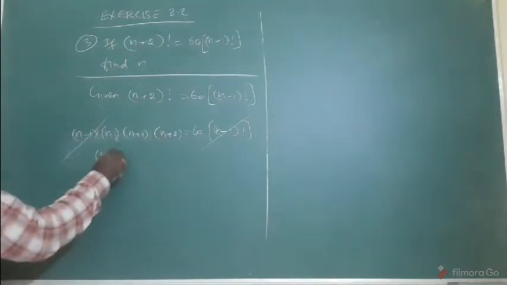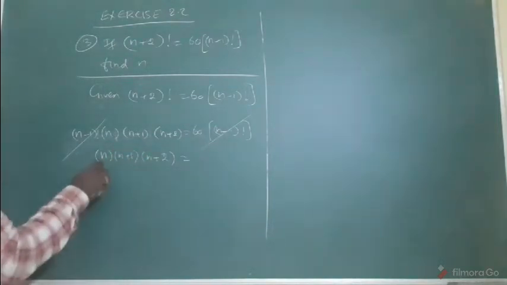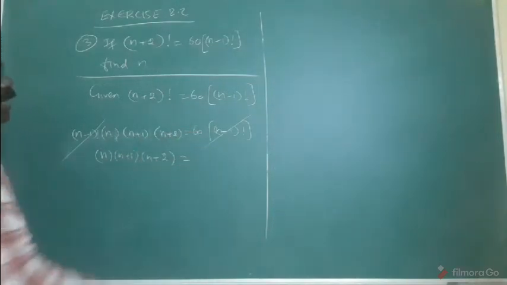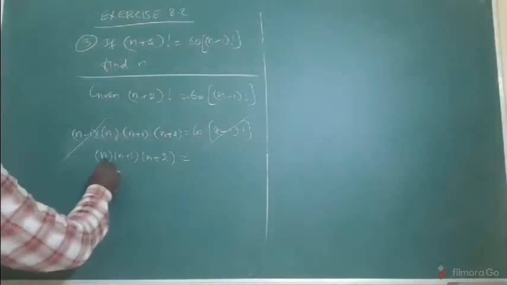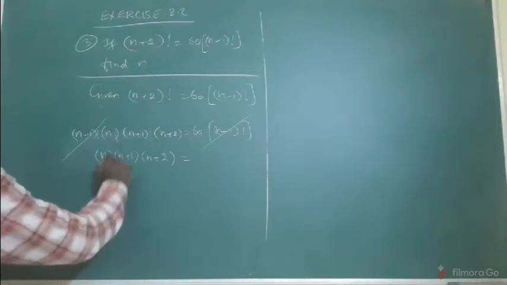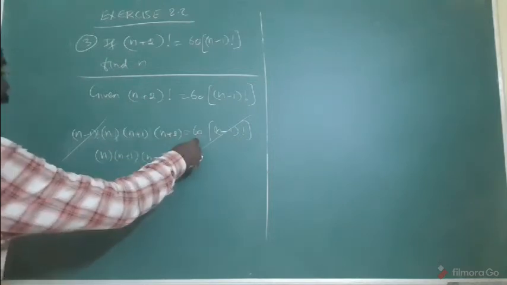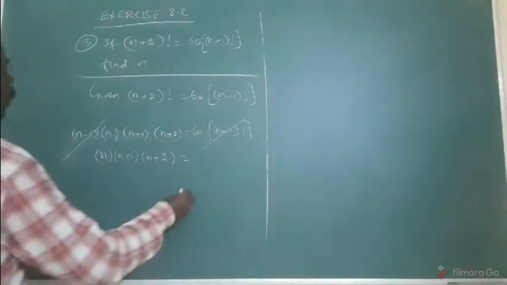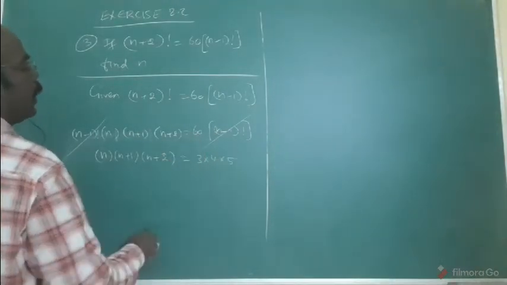Now once again, n into n plus 1 into n plus 2 equals 60. Here, product of 3 numbers are there, that's why the 60 also you want to write in terms of product of 3 numbers. Because left hand side, product of consecutive numbers of 3 numbers. Product of 3 consecutive numbers. That means what? N, adding 1, n plus 1, adding 1, n plus 2. 60 also you want to write in terms of consecutive numbers. What are the numbers? 3, 4, 5. Am I done? The 60 can be 3 into 4 into 5.